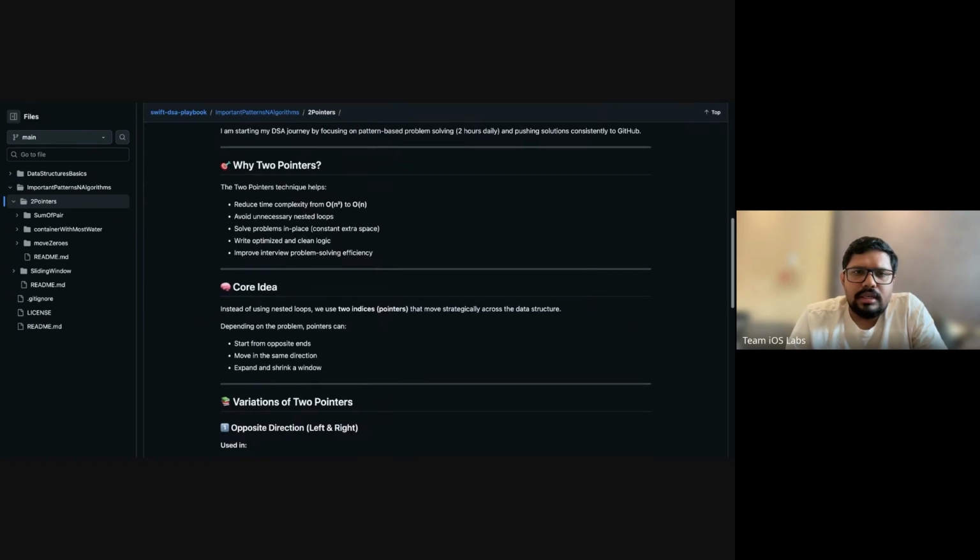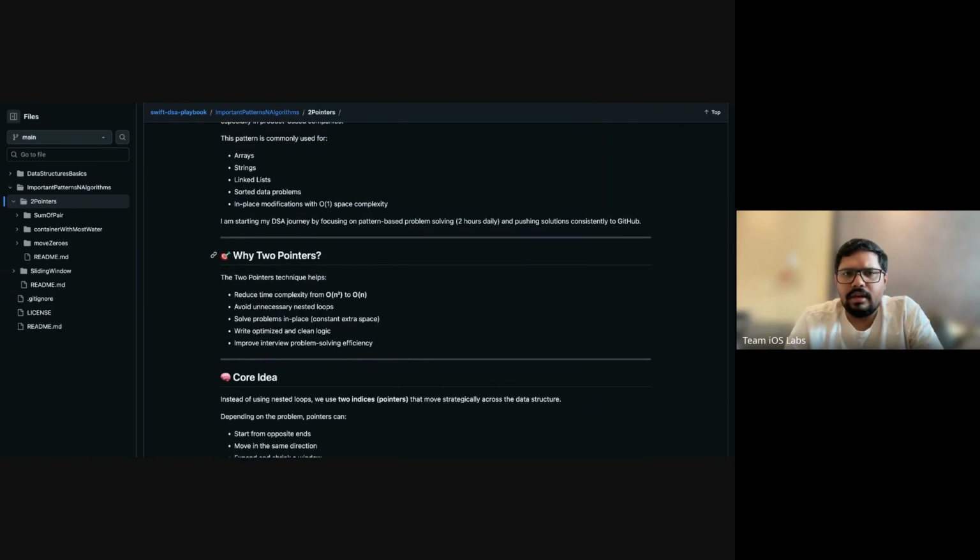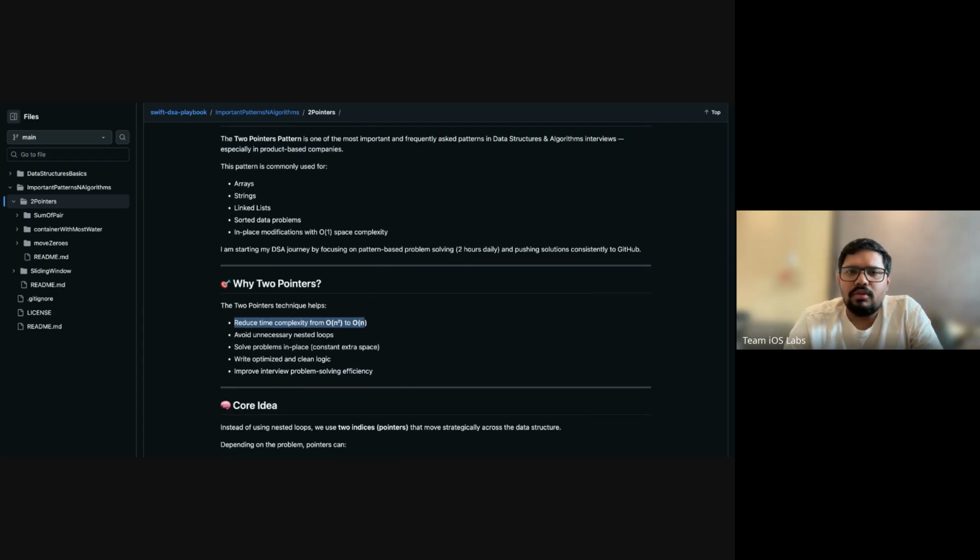Let's discuss what is happening here and how it actually reduces the time complexity. I hope you know the basics of time complexity. If you go with the brute force approach, you may end up with a time complexity of O(n^2). Why does this happen? Normally we take two nested for loops, so the time complexity is O(n^2), which is obviously not the best approach to solve the problem.